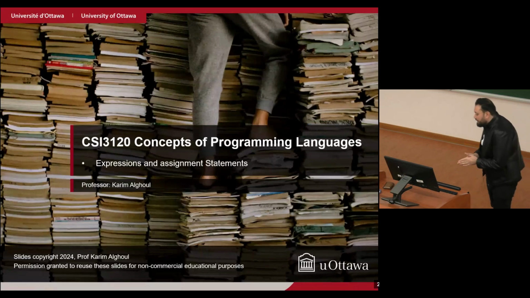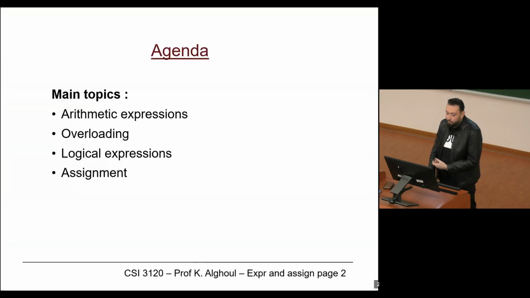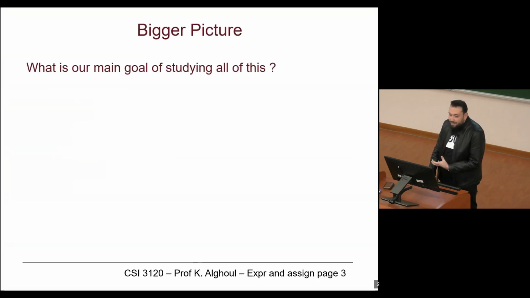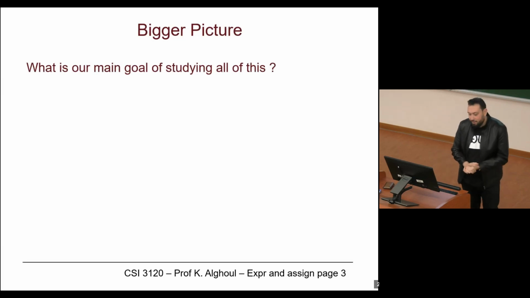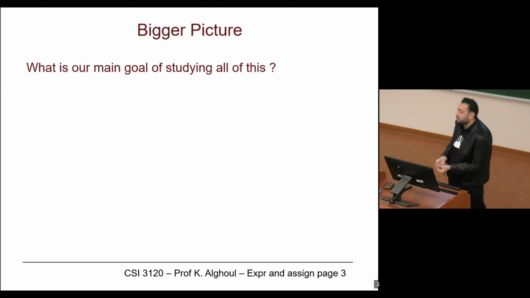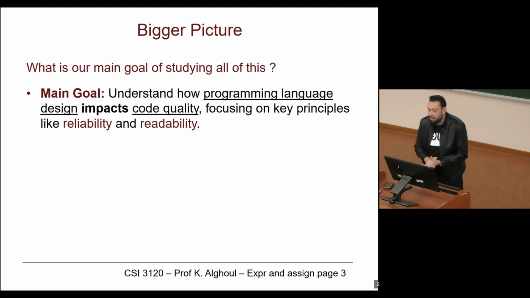Now, I felt that we lost a bit the general idea of the course, so I prepared a few slides about the bigger point. So what is the bigger picture of the course again, just to get back to the basics? What is our main goal of studying all of this? The main goal is actually to understand how programming language design impacts code quality,